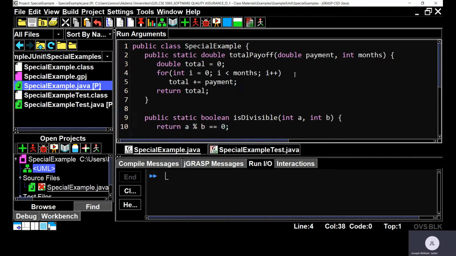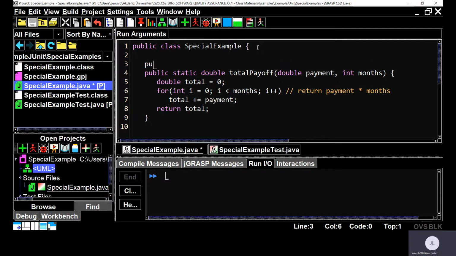Yes, the much easier way to do this would have been simply to return payment times months, right? That's really what it comes down to. But the reason why I did it this way was because there's this little tricky thing that involves floating point numbers, right? So if I were to do a main method,